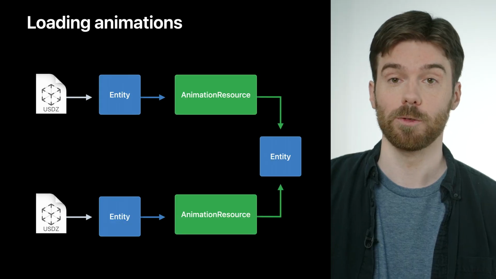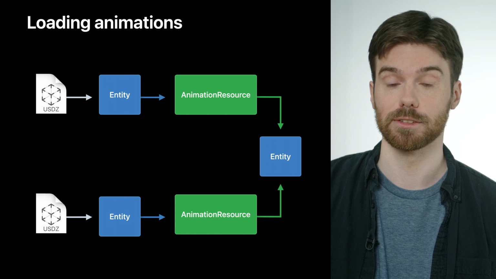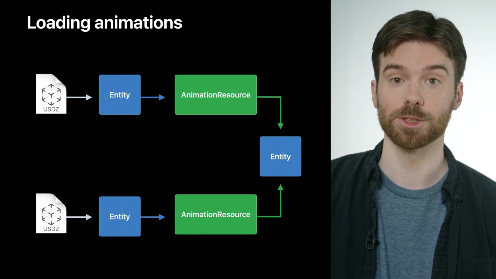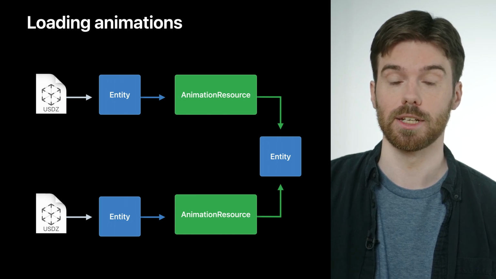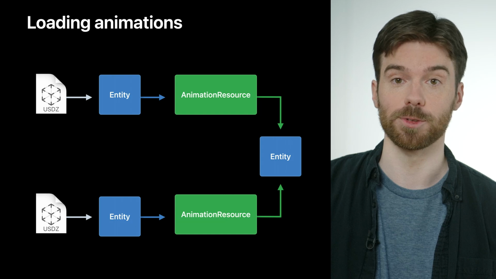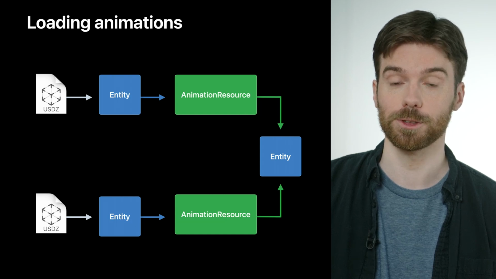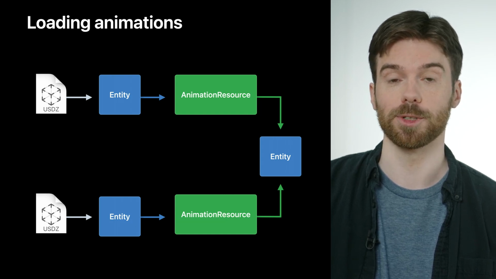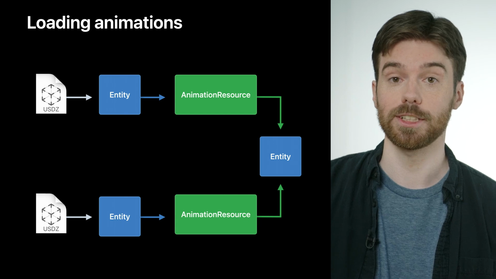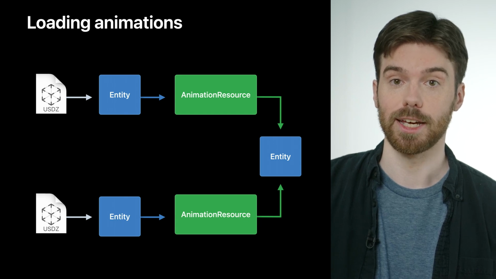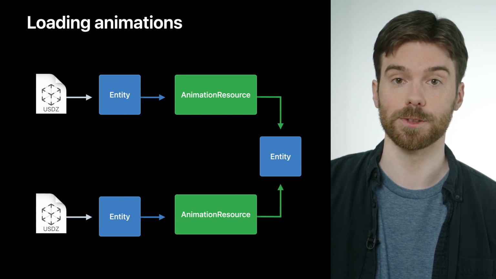So far, we have been using multiple animation clips, such as the idle and walk cycles. These are stored as animation resources in RealityKit. And there are multiple ways to load them from USD files. The first way is to have one USD file per clip. We can load each USD as an entity and get its animations as animation resources. The animation resource can then be played on any entity, as long as the names of the joints in its